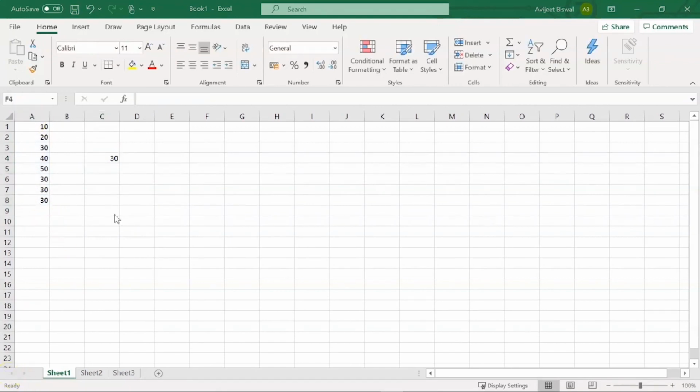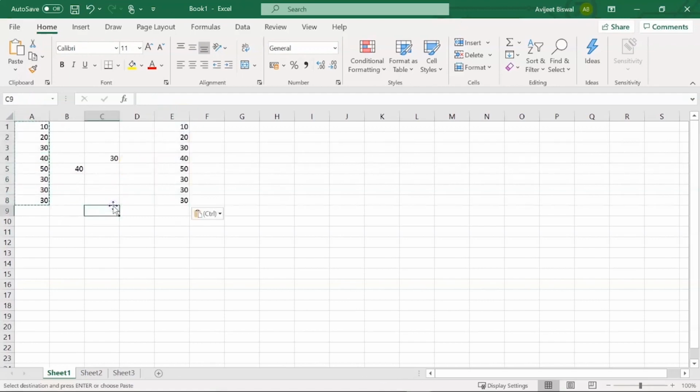Now if you want to copy paste cells, the shortcut is very simple. It's Ctrl C and Ctrl V. Now suppose I want to copy cell A4, I can just hit Ctrl C and I'll hit Ctrl V to paste it. Similarly, you can also select a range of cells and hit Ctrl C and Ctrl V to paste it.